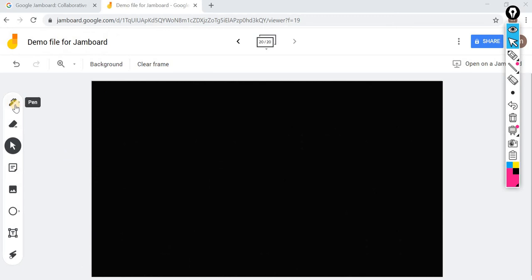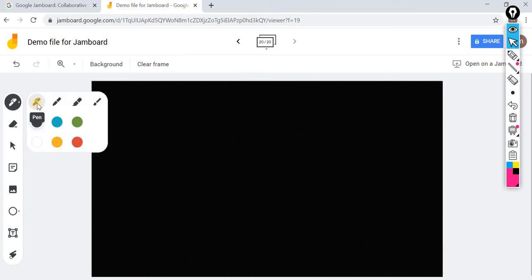Now I am using the pen, and you click this small arrow, you have options. Then you can use it as a pen, you can use a marker, you can use a highlighter, you can use a brush. So in the beginning I will start from the reverse here, because the pen, everybody will click first. Even if you don't select this, it will be at the pen option. So let me use the reverse one, that is brush.